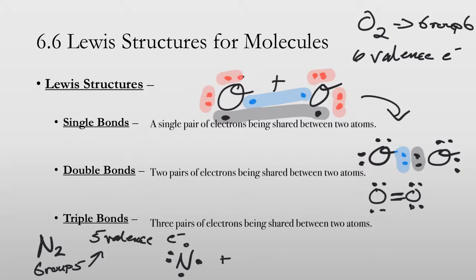You have plus another nitrogen, 1, 2, 3, 4, and 5. And so those 2 electrons will come together to form a bond. These 2 will come together to form a bond, as will those 2. So we get